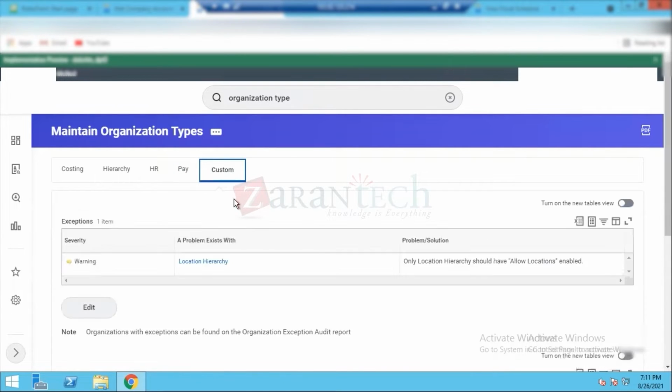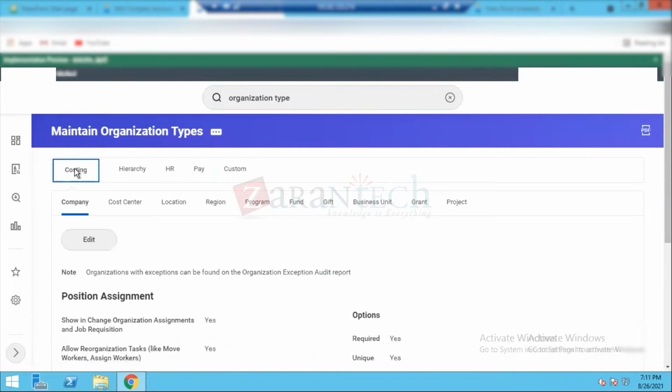We will discuss this custom in our upcoming session, but we will not discuss these 2 because they totally belong to 2 other modules or applications, that is HR and payroll. So our focus is on the financial part. Okay, so we see how we can create the hierarchy and how we can create the subordinate. Now, we have a subtype as well,